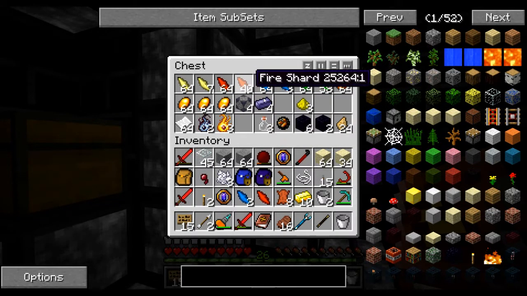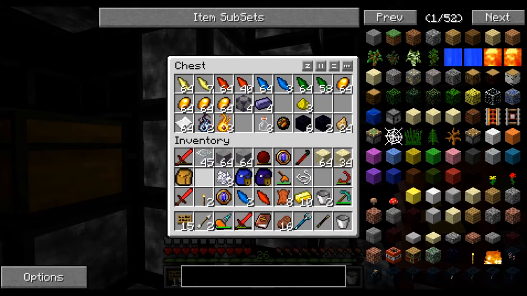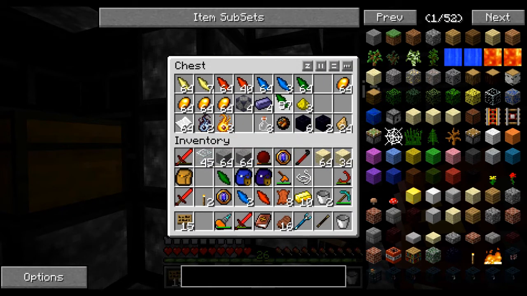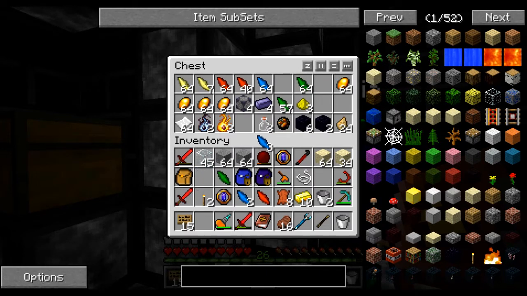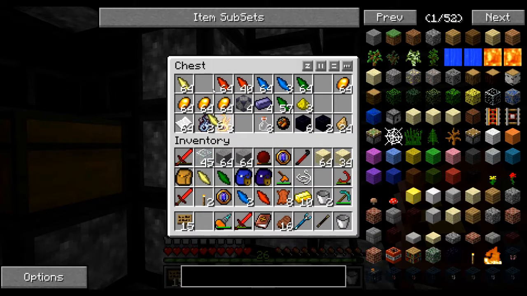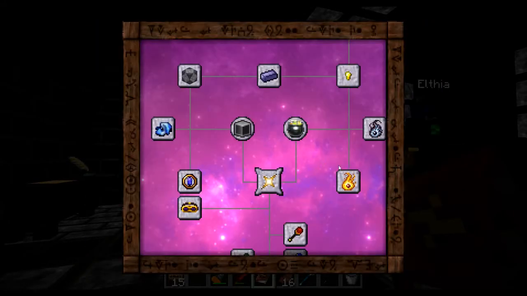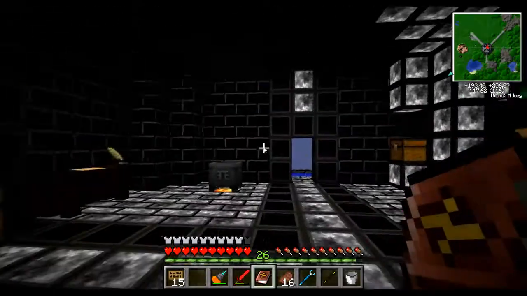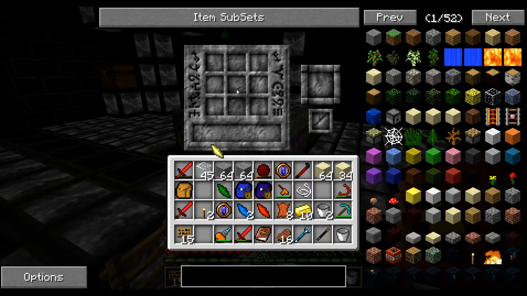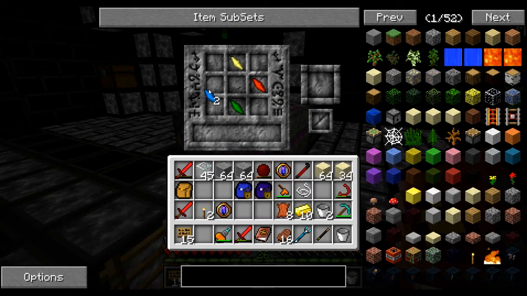I'm gonna... By your powers combined. Indeed. Can I chuck some stuff on the floor that I don't need? There we go. Air, fire, earth, and earth, fire, and air. Okay. Now just to remind myself the order. So air, fire, earth, water. Is it the infusion altar? Yeah. So it's air, fire, earth, water,